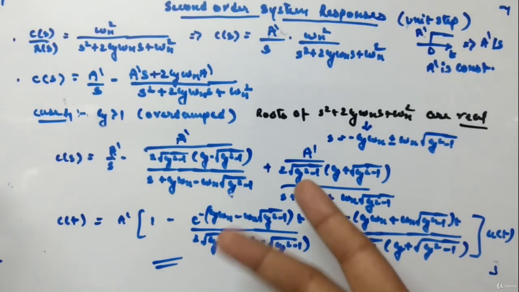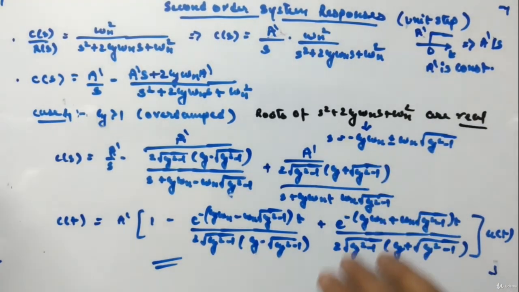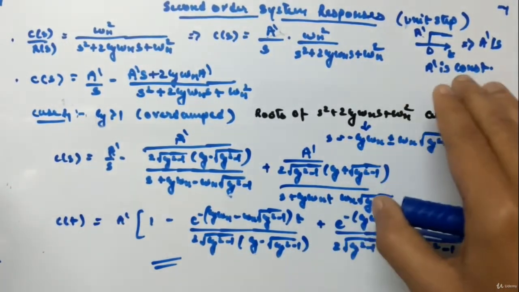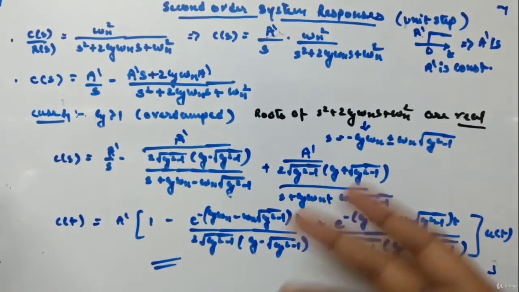Mostly nobody tells you about these things. They just write the equations, saying these are the responses to a unit step input in different cases of zeta. So just to give you a feel of the derivation,